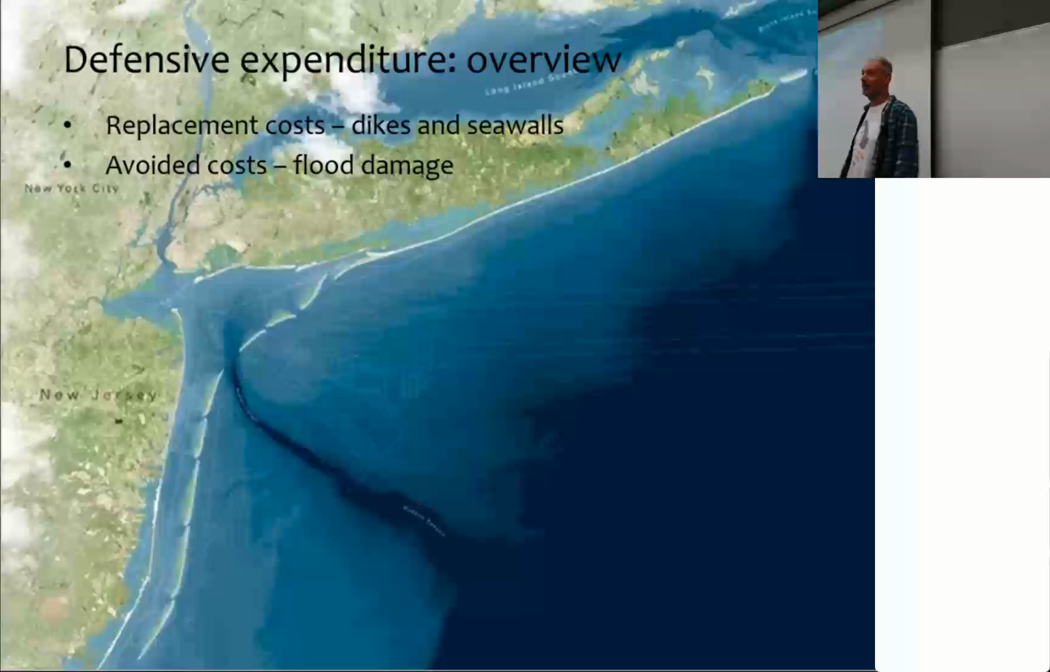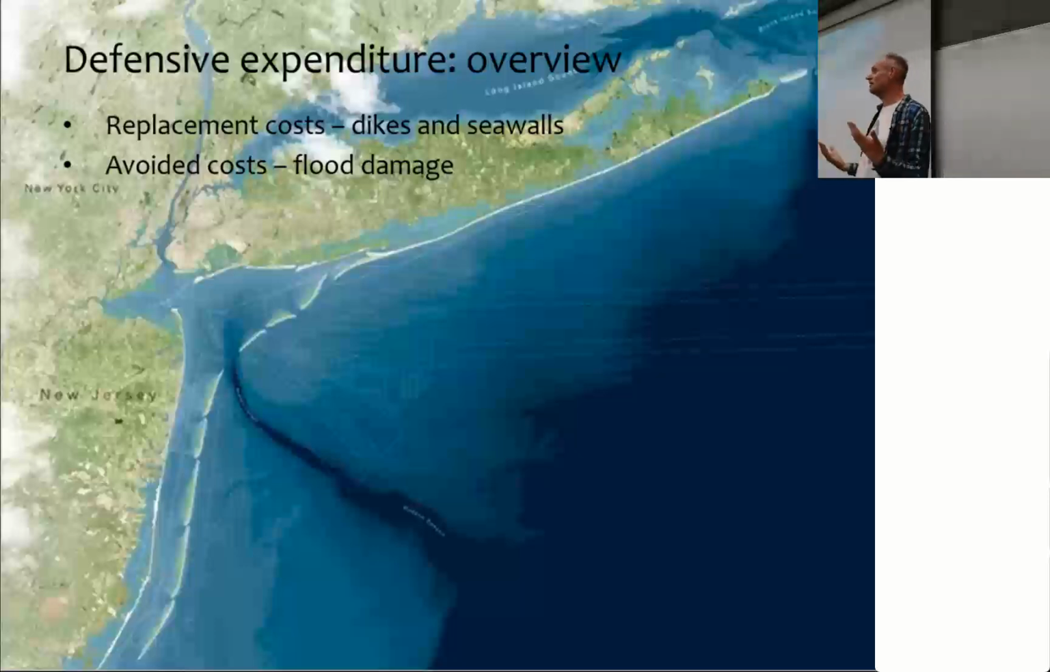Similarly with avoided flood damage, avoided flood damage and barrier islands are very hard to compare because they're working in completely different dimensions. So that is one problem with this approach. The second problem is